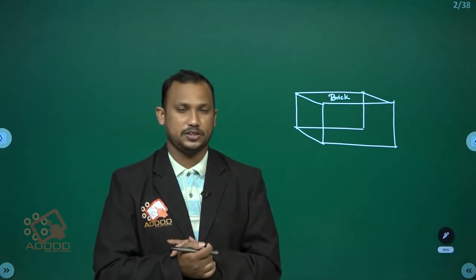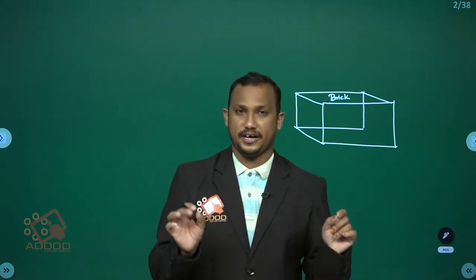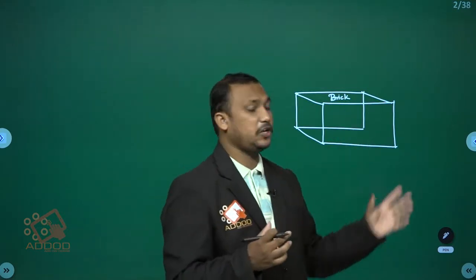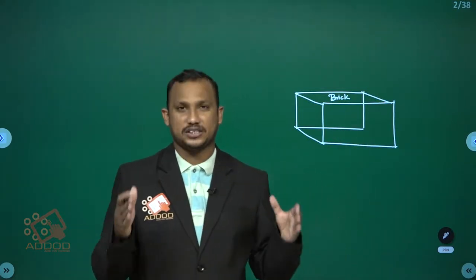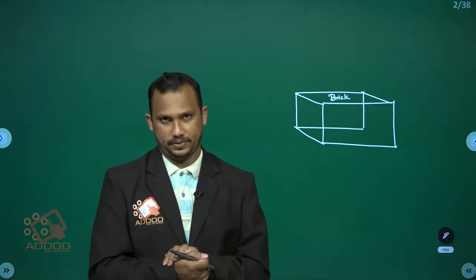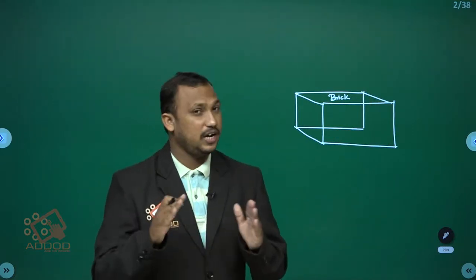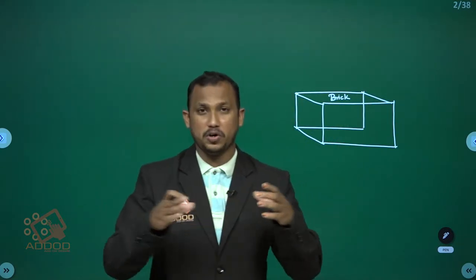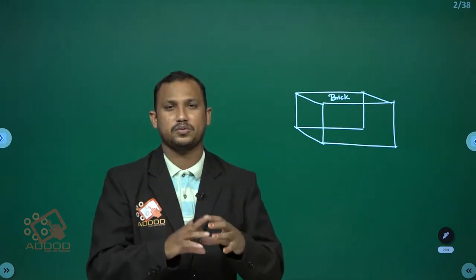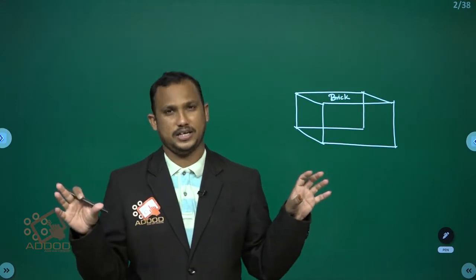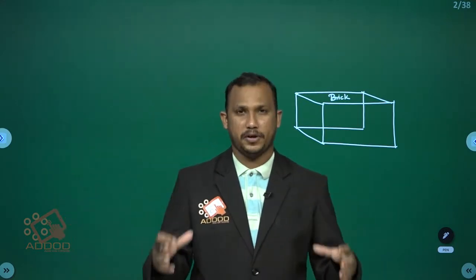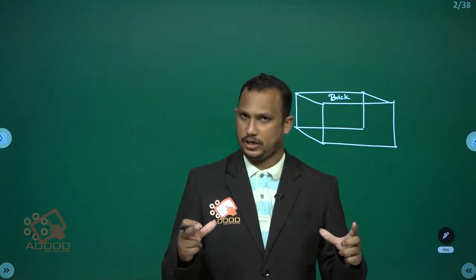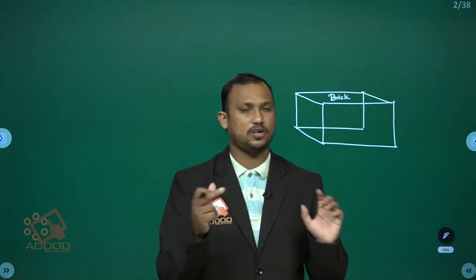Tell me. The brick shape may be a rectangle, or we can say it is a cuboid, where all sides are a closed figure. It is not open anywhere. When you break that brick in half, it becomes two cubes. Understand? So the brick is a closed figure, of which all sides are closed.